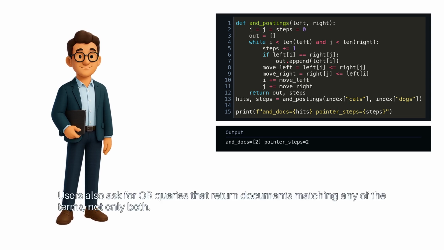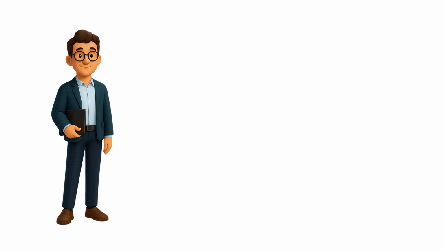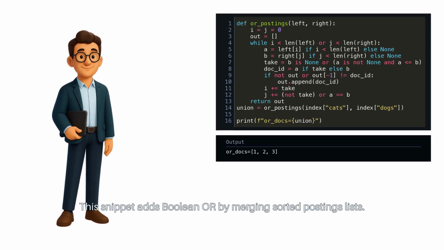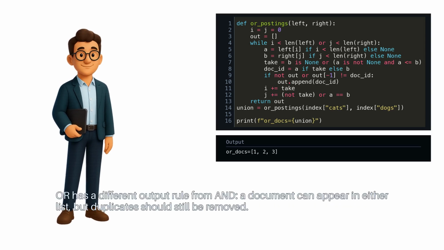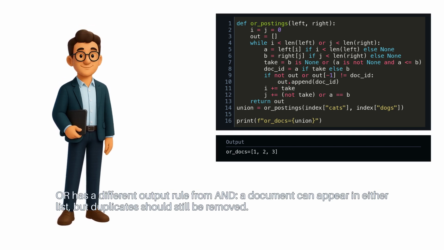Users also ask for OR queries that return documents matching any of the terms, not only both. This snippet adds Boolean OR by merging sorted postings lists. OR has a different output rule from AND. A document can appear in either list, but duplicates should still be